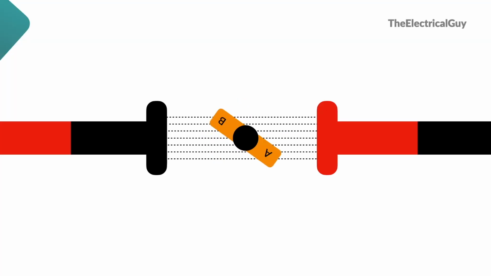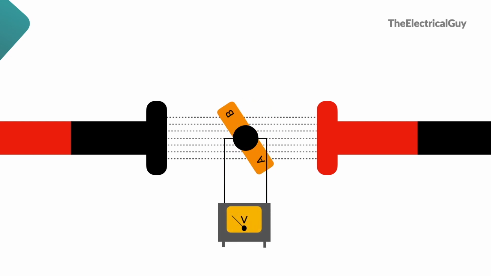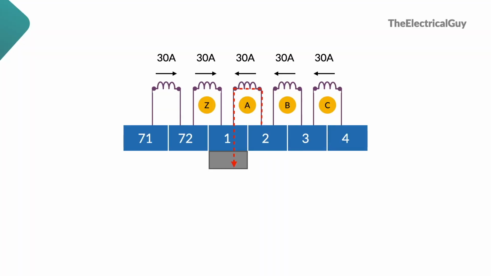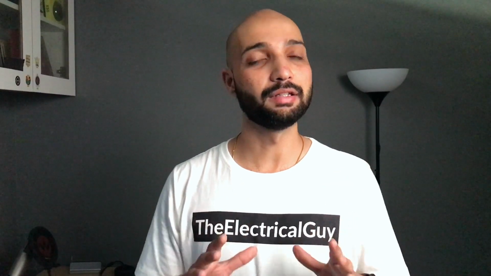In this course, we will start our study by building a machine, of course virtually. We will look at the different components that we need to build the machine, and what principle we need to apply so that we can generate DC voltage. Then once our machine is ready, what problem does our machine face, what is commutation, what is armature reaction, and how can we solve this problem. Everything about the DC generator is covered in this course.